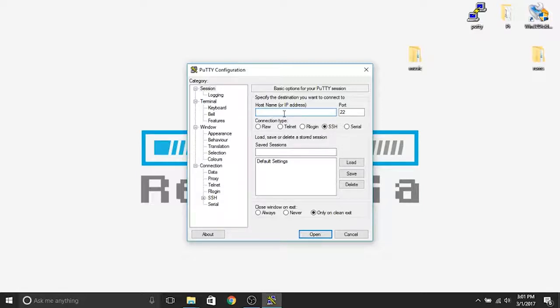So you can either type in RetroPie, and you have to type it exactly as I did, with a capital R and a capital P. If you can't find your Raspberry Pi on the network by just typing in RetroPie, you can type in the IP address that we saw back in video 1 when we were setting up our Wi-Fi. You can type that in directly, and it should then be able to access it relatively quickly. Everything else, all the other settings here, you're going to leave exactly as they are. So we are just going to type in RetroPie. We're going to hit open,